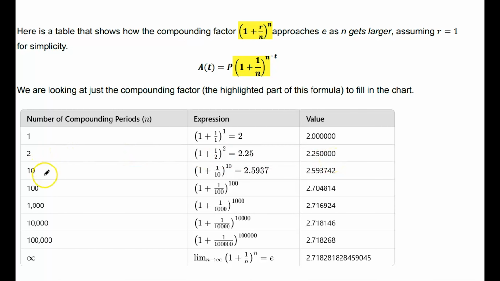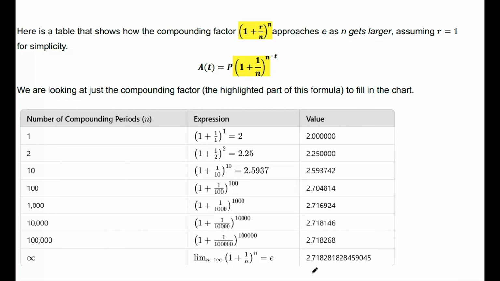And as we keep going up and put numbers that are bigger and bigger in, we'll see when we put 100,000 in, we get 2.718268. Now that's starting to look like a number that we talked about earlier in this module, and that is e. Remember that we said e is approximately